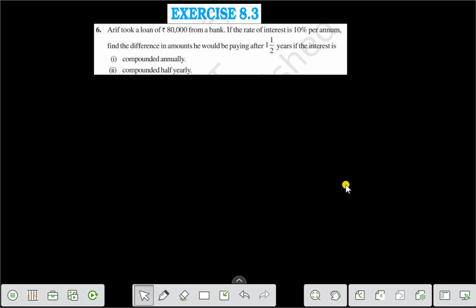Let us find. Time is 1.5 years. That means first of all we have to find the interest for 1 year using the compound interest formula, and for the half year using simple interest, right? Therefore, we know that amount is